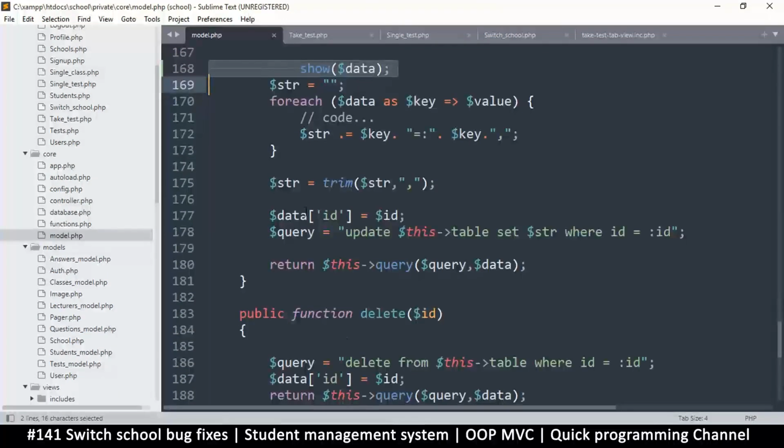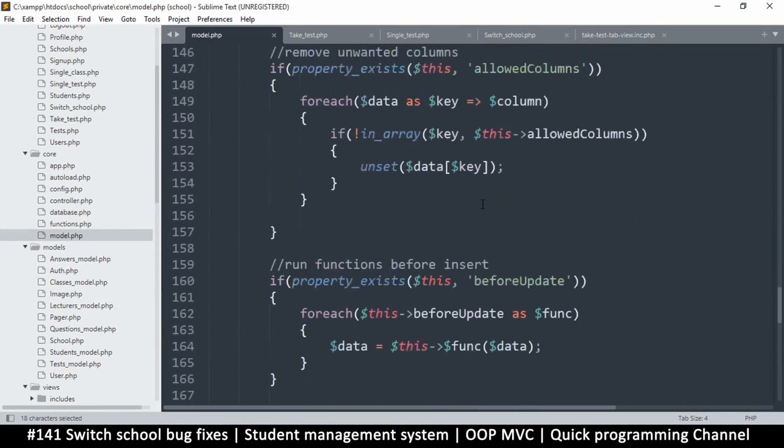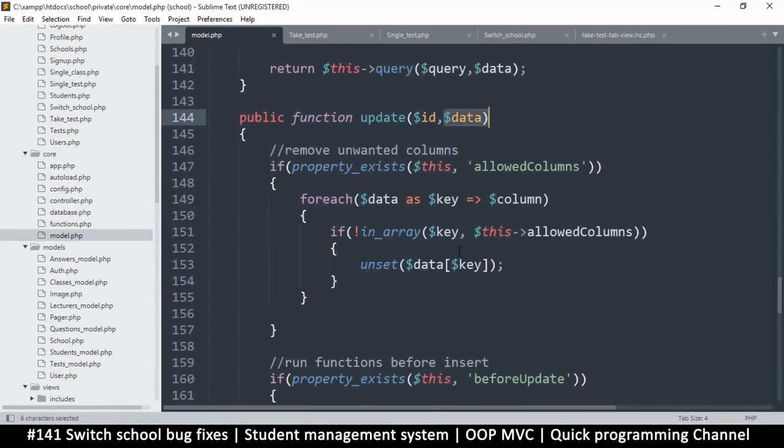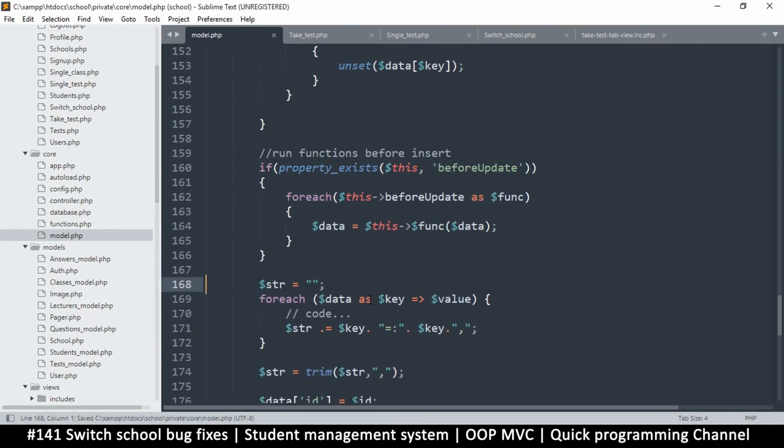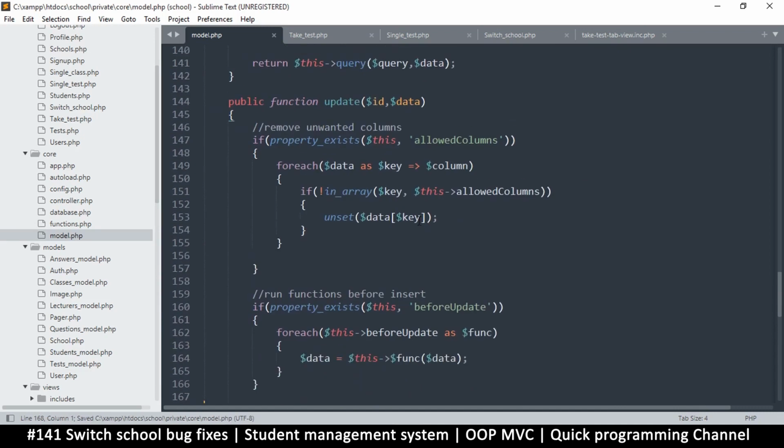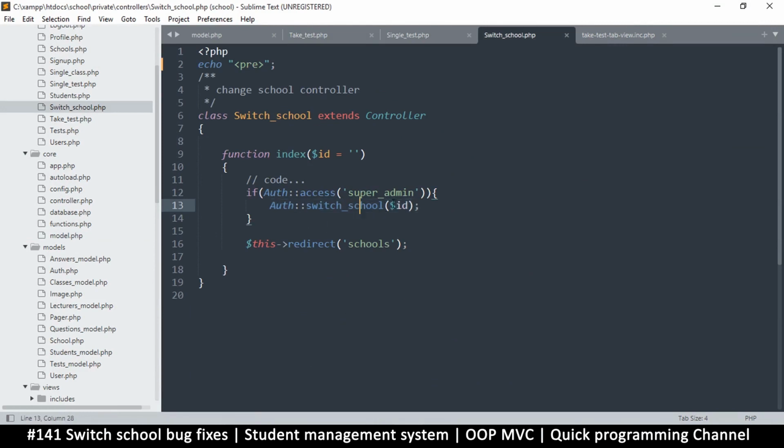So it seems this ID that I had was only being added after this. Okay, but it came in with nothing. Okay, so that's a problem. So it means the problem isn't here, it's just data is coming in empty. So let's come back to where we came from, which is switch schools, and this has to have been something, because if I come back to